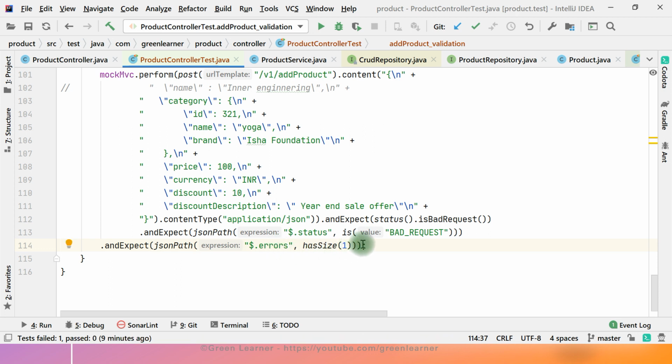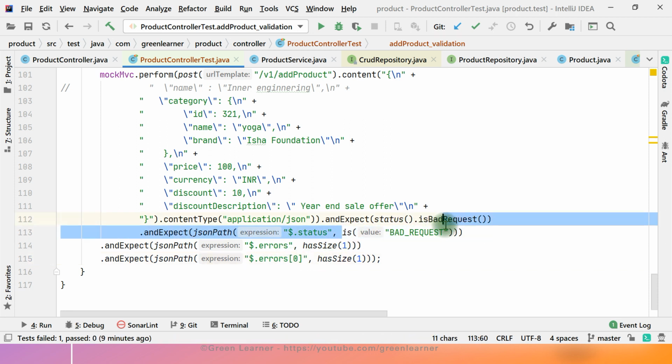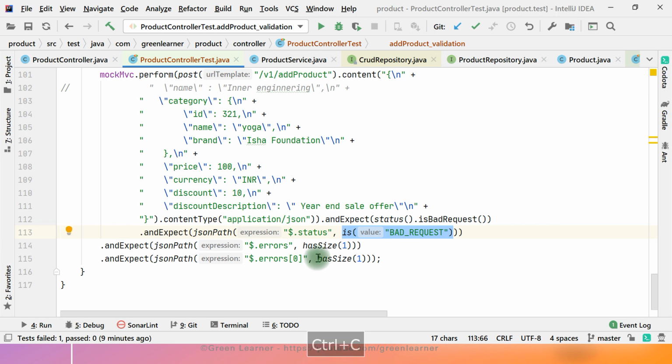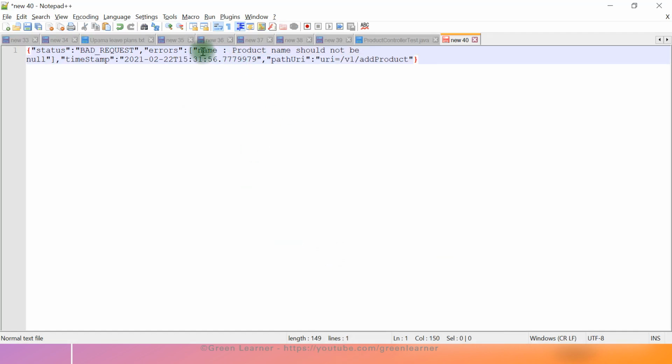And now to compare the content of that list, how to do that? Just remove this part here, and errors, and take the first index from here. It is a list, right? So I am taking the first one here and writing this again here, this one, but now the value is this one.